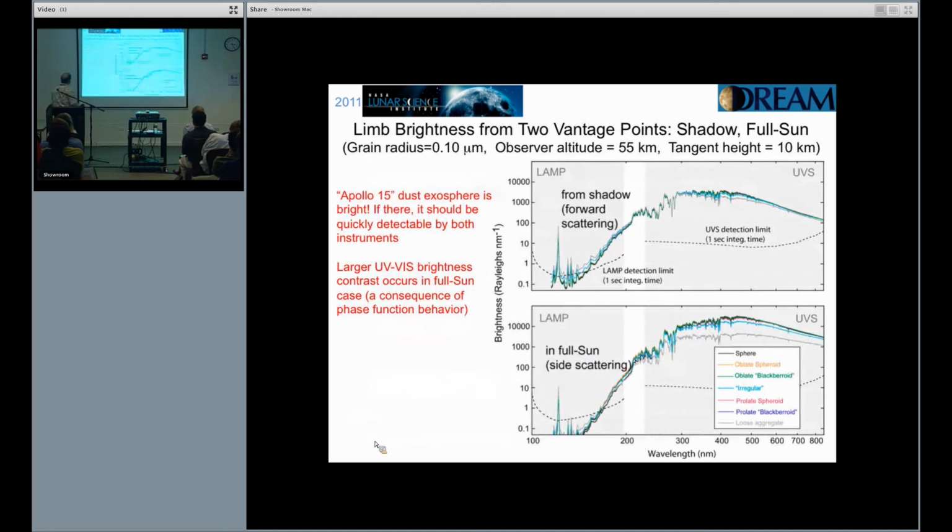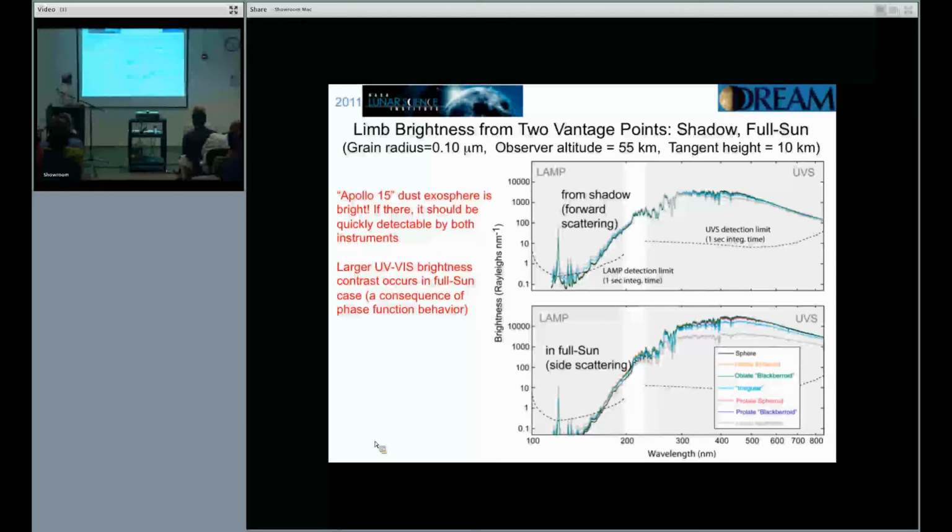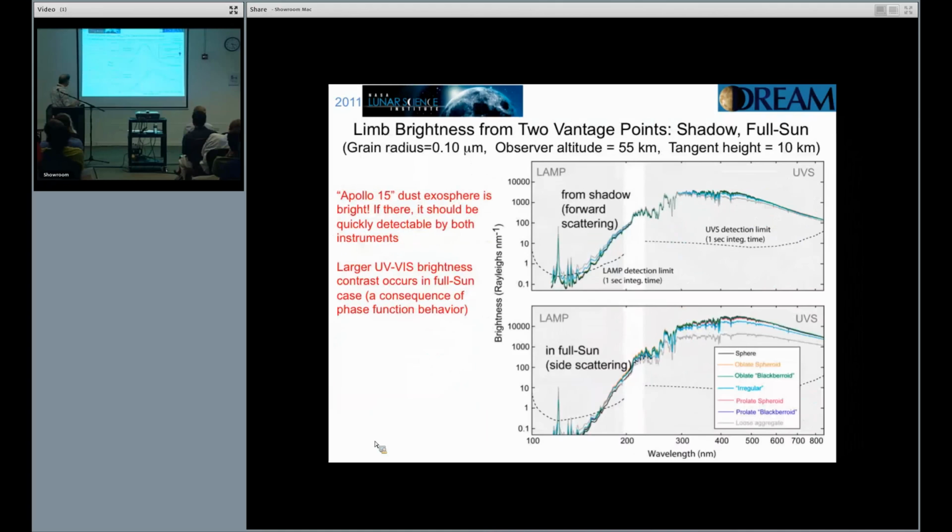Okay, here are limb brightness results from two vantage points, from the shadow vantage point and from full sun. One looks at forward scattering, the other one looks at side scattering. Here's our envelope of shapes. Here's the LAMP spectral coverage down here at very short wavelengths. Here's UVS that goes on out to past 800 nanometers. First thing you notice,